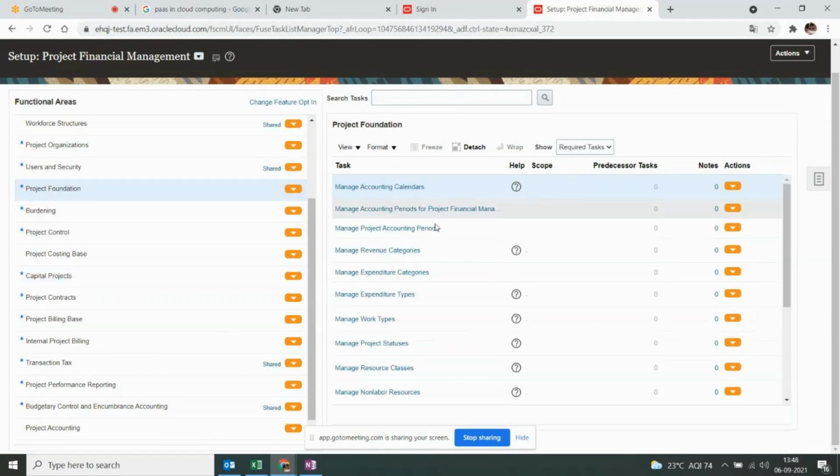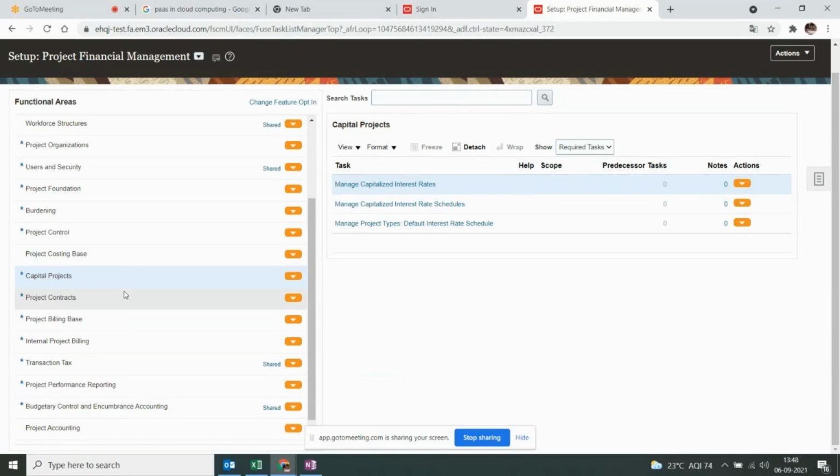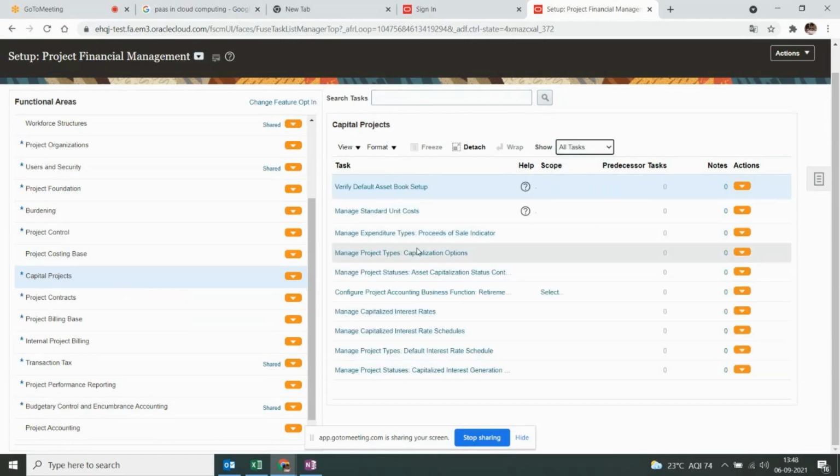But when it comes to capital projects, you also have to create a project type. So that's why it is listed for manage project types, and within that we have to configure the capitalization options tab within manage project types. So it will make our job very easy, right?